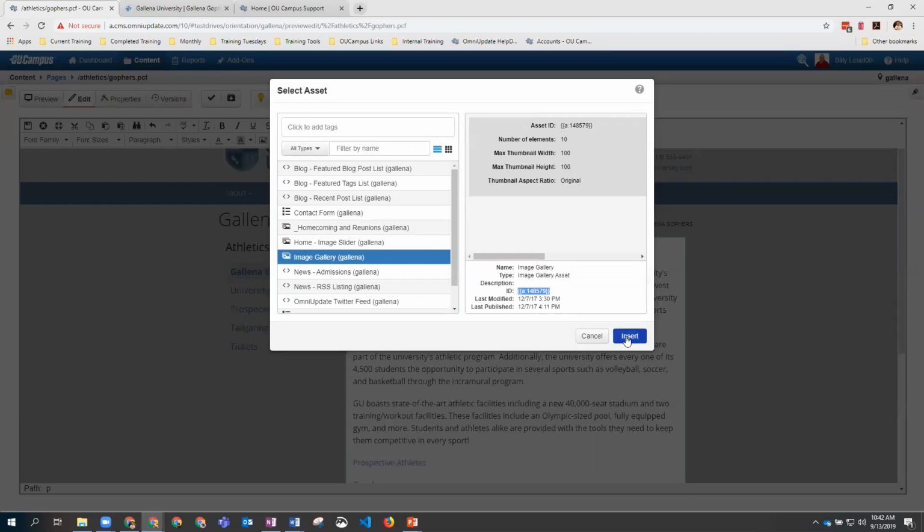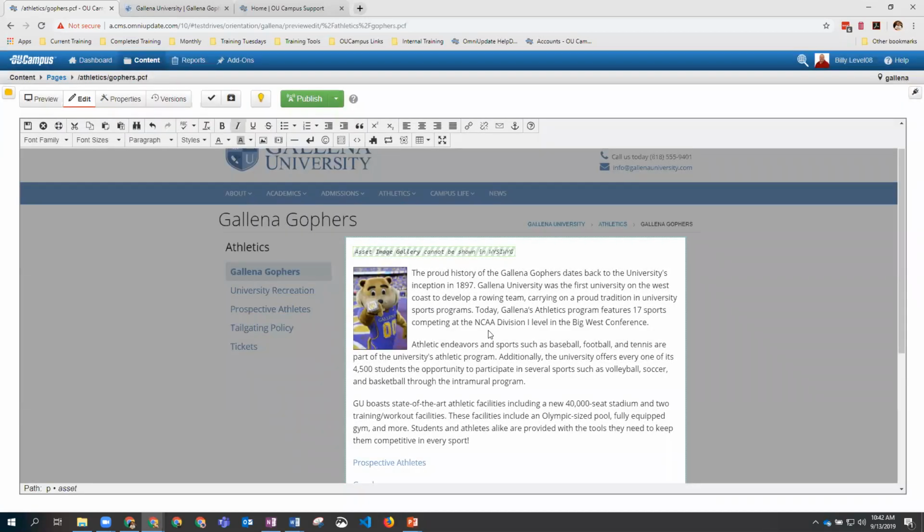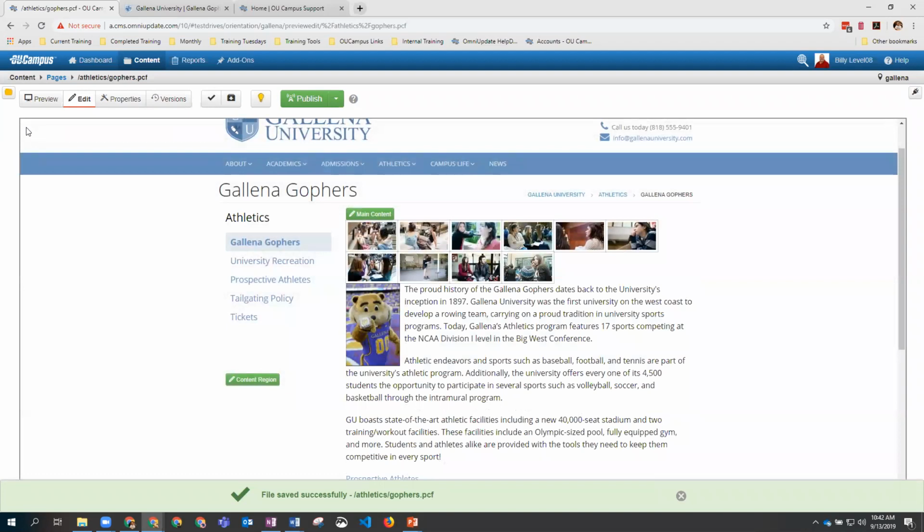So I can insert my asset to my page, and you'll notice when I do so, the asset itself is just this little green and white striped box. It doesn't actually show anything here in the WYSIWYG editor. It's just a placeholder. Now this placeholder can still be moved around. I can move this anywhere I want on the page, but I can't do anything with it. I can't edit the contents of that. So to be able to see the contents of it, I have to save and exit. Once I do, then I'm actually able to see